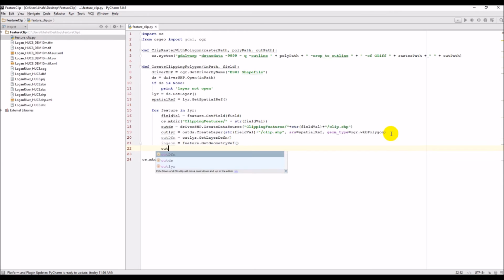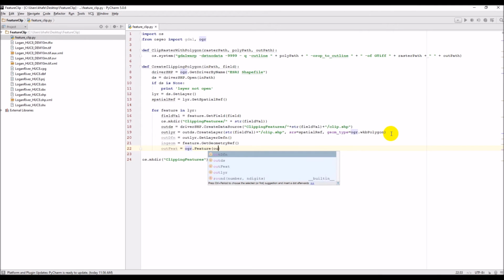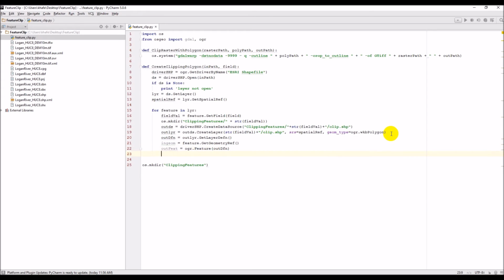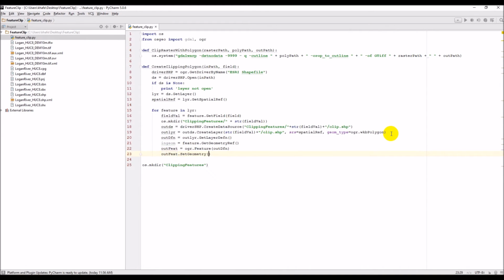And our out feature is going to equal ogr.Feature, out DFN, our output definition, and then we're going to do out feature.SetGeometry, and we're going to use our input geometry, and then we're going to do our output layer.CreateFeature, out feat. Okay,